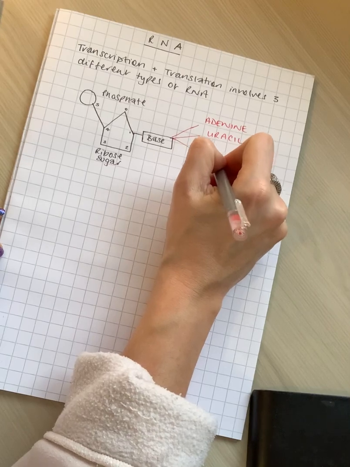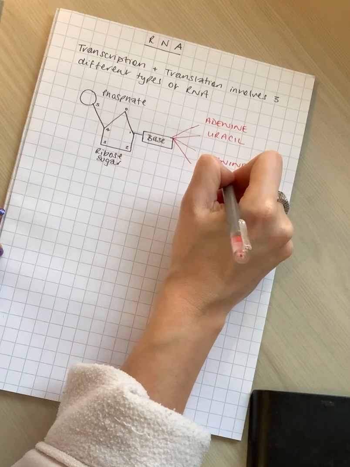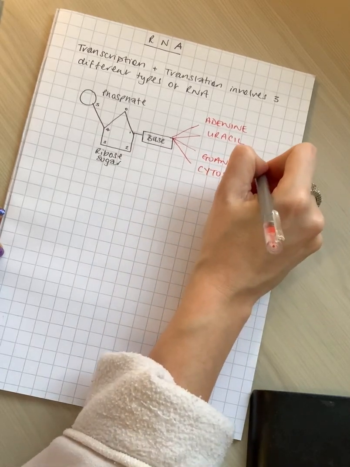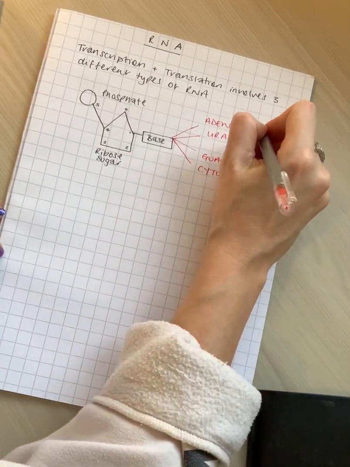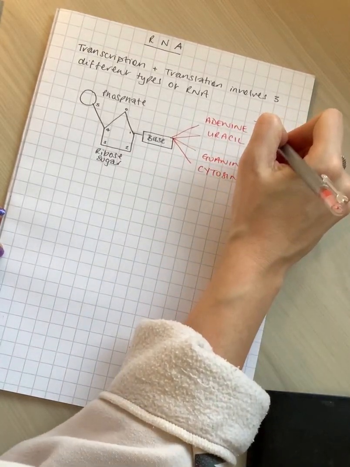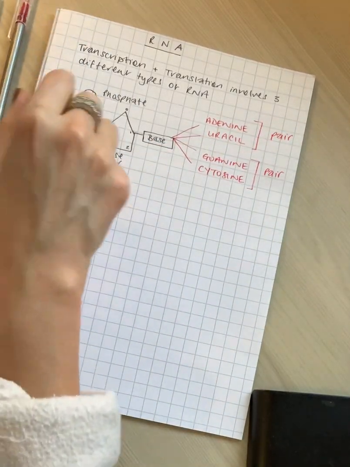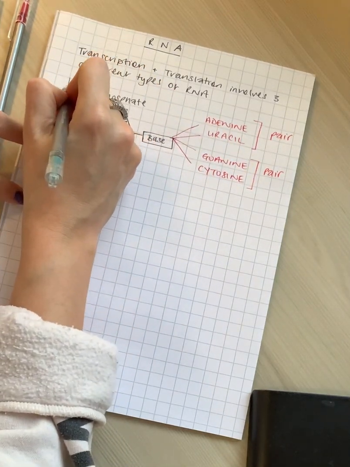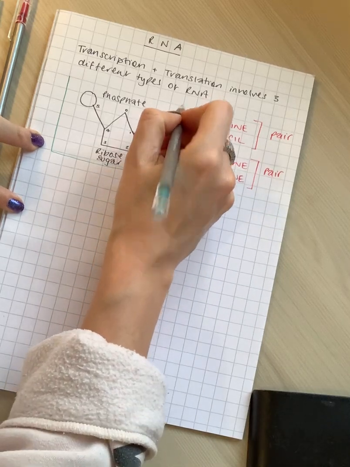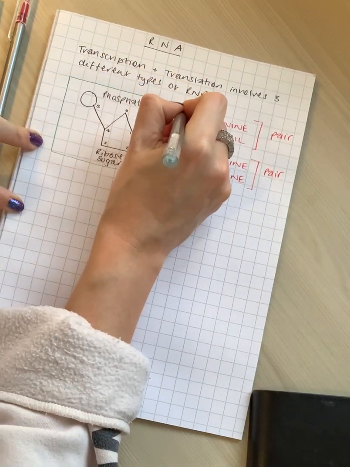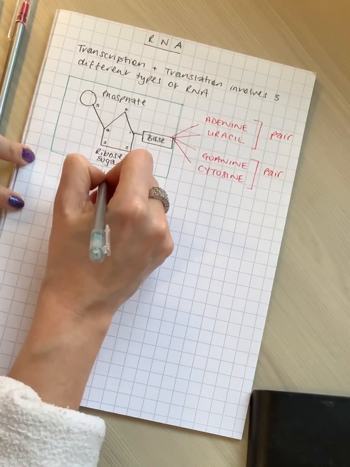And then you still have guanine and cytosine, and it's the same as before. Complementary pair, guanine and cytosine, and adenine and uracil is still your complementary pair. So this whole diagram is an RNA nucleotide,